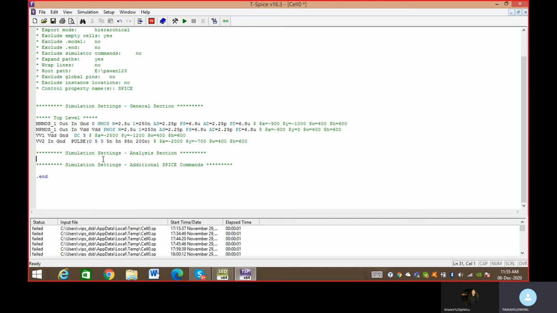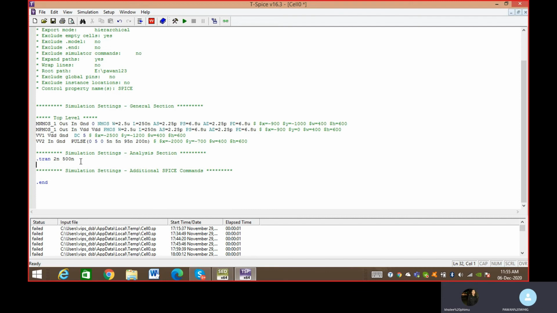For transient analysis there are certain commands like .tran. The .tran command is used for doing the transient analysis, and let us suppose I am doing it from 2 nanosecond to 500 nanosecond. I want to see the graph, so I am just putting this .tran. This is a command you have to learn. It is used for doing the transient analysis from the initial timing to the final timing, and n stands for nanoseconds.